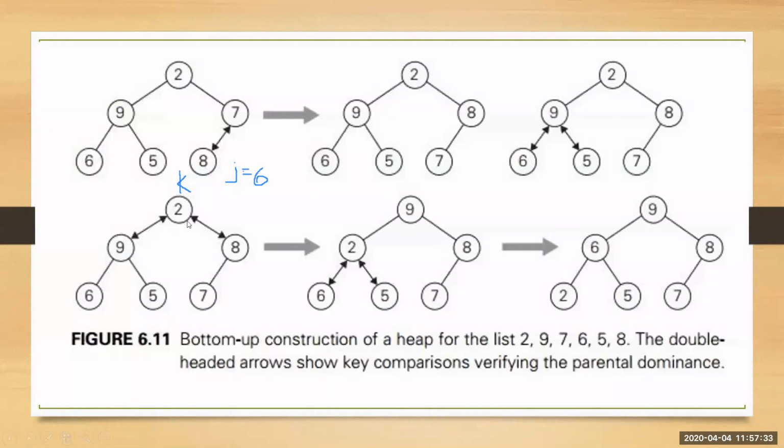So now that 7 has to be stored in h of k. Now this is k. So in the place of 8, 7 gets stored. In the previous step, the 8 was stored in the place of 7, and in the last step, the 7 gets stored in 8. So likewise, if you look at the second diagram, 8 comes to the root position of this subtree, and 7 comes to the child position. So this is one iteration.